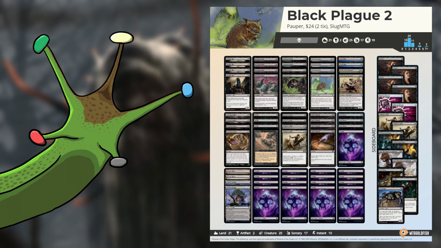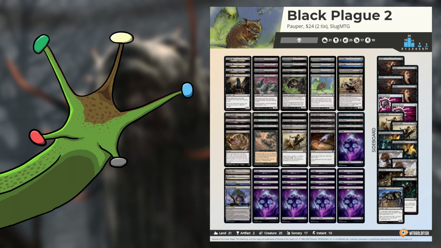This is a very fun deck. It comes down just under 3 tix online, just under $25 in paper, and overall I do like the changes that I made. It is very mean though, so if you're playing this online, I think it's fine. If you're playing this in person, you might get some very angry responses from people,